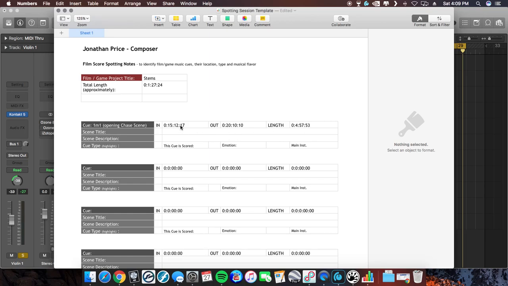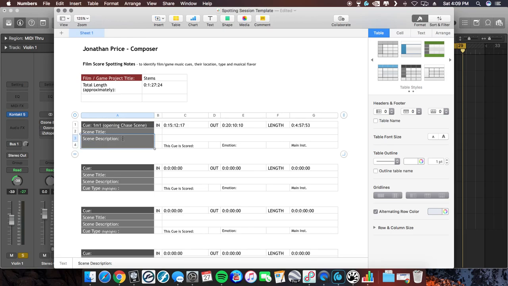Yeah, but you can go through and just keep in mind how you have these labeled. So I think I have these labeled as seconds and milliseconds. That's what it is. So seconds, milliseconds. Then your scene title, you can put the scene title back down here. The description of the scene, just type in here, car chase,